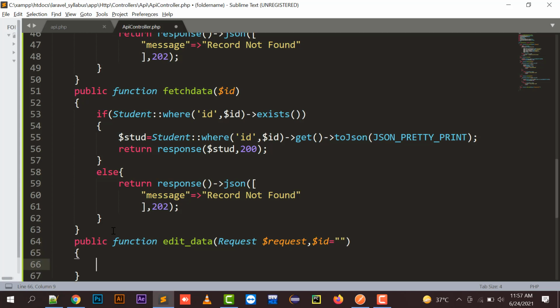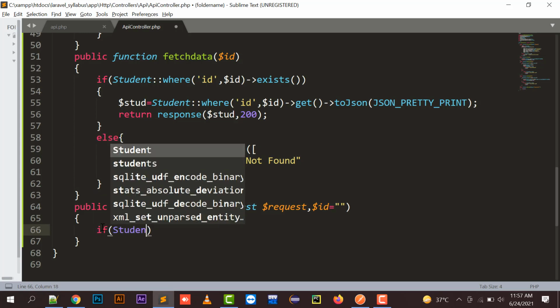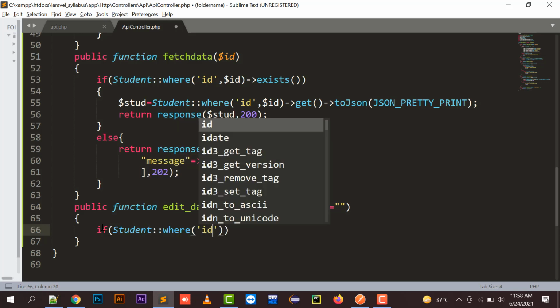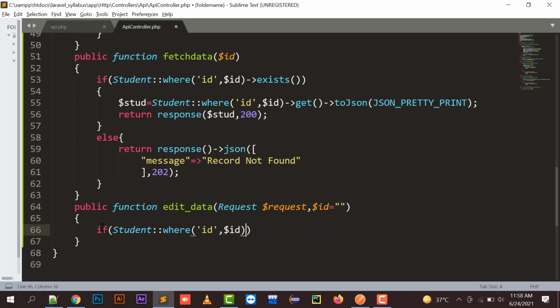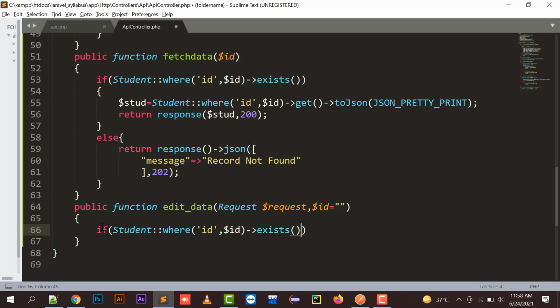Along with the request, I need to create an ID variable, because this ID variable will decide which particular record will be edited from my table. So here I'm going to check that if a student where the same ID is a column, then the ID exists. So if it exists,